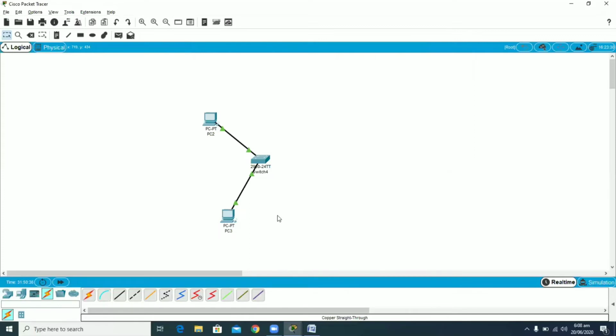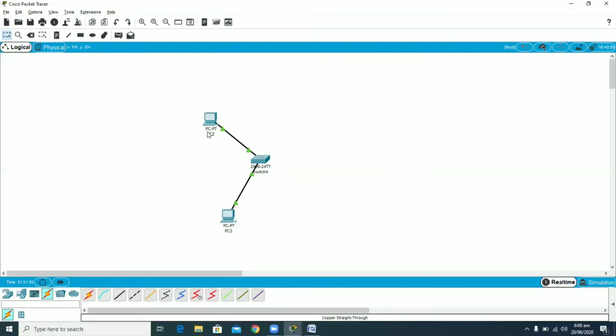In the beginning, it does not know where the destination PC is, so a unicast frame will be broadcast over all the active ports available on the switch, because in the beginning the switch does not know where the destination PC is. When the reply comes from the destination PC, then the switch learns the destination MAC address, and from that point onwards, if the communication takes place between the same two PCs, then it will be forwarded as unicast only.